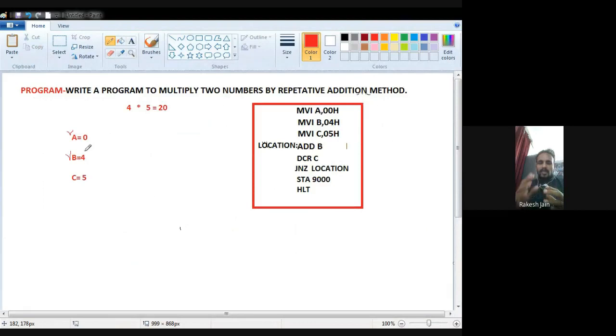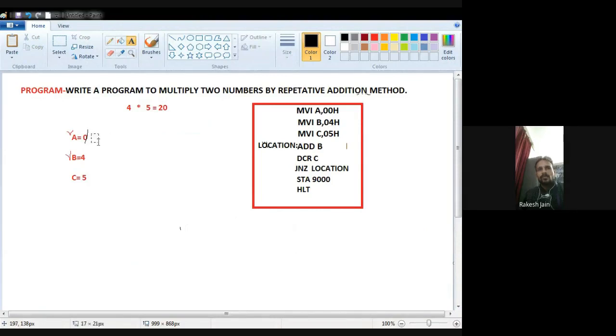Now the next instruction is ADD B. The meaning of this instruction is add the content of A with the content of B. If the content of A is 0 and the content of B is 4, just add them: 0 plus 4 is equal to 4.